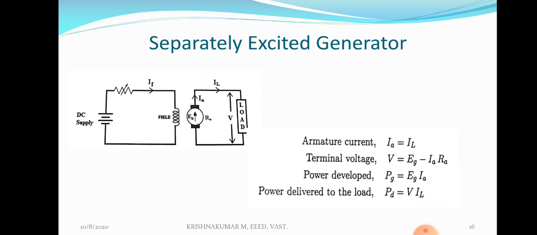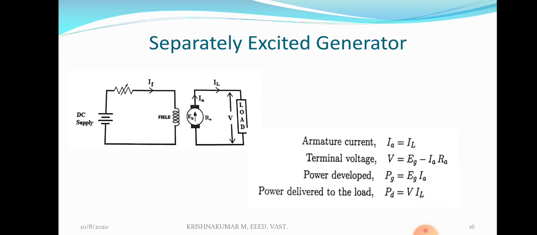Two brushes are provided on either end of the armature. The two thicker portions shown in this figure are brushes. So brushes are fixed on either side of the armature. Load is connected across the armature and brushes. An EMF is generated in the armature winding, denoted as EG. And due to this EMF, this armature can deliver a current flow through the load.